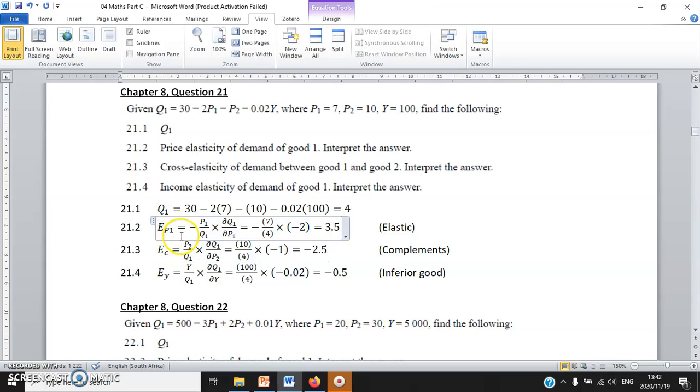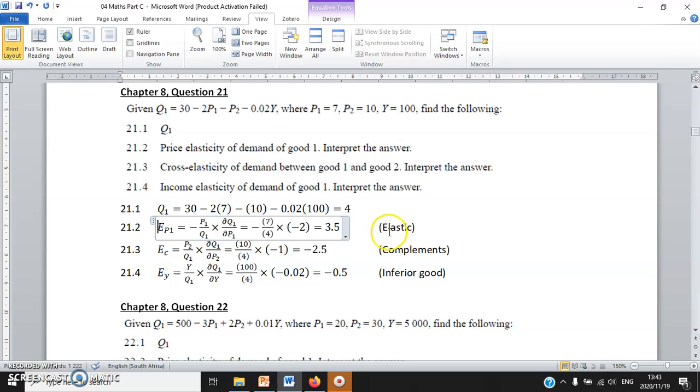Okay, price elasticity of demand of good one equals minus P1, you already know it is 7, divided by Q1 you derived just now, 4, times dQ1 over dP1. It means you differentiate this function with respect to P1. Then don't you get minus 2 here? Yeah, minus 2. And then the answer is 3.5, which is greater than 1 in absolute terms, so elastic demand